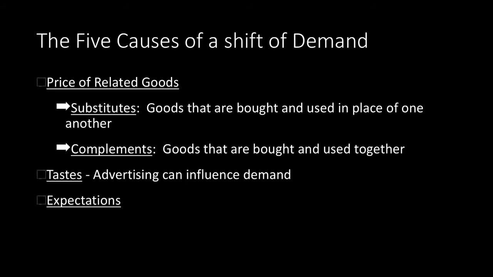E stands for expectations, and it's really expectations about two things: expectations about future income and expectations about future price. If I expect my income to rise in the future, I'm going to demand more goods and services today. If I expect the price of a good that I consume often to rise in the future, let's say I expect the price of gas to go from $2 a gallon to $4 a gallon this weekend, well, a rational person, a logical person, would probably fill up their tank, causing the demand for gas to rise today.